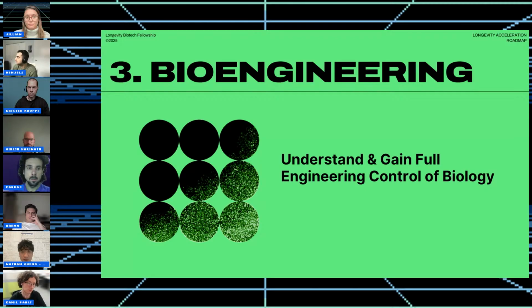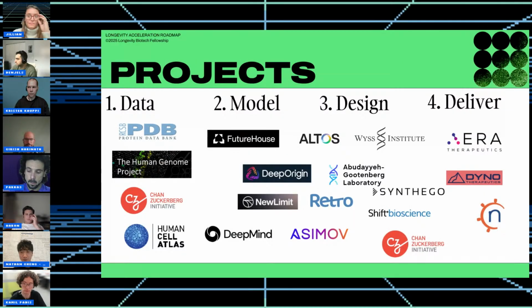Okay, so let's talk about bioengineering really quickly. It's the last path in our roadmap and definitely the hardest. As I said before, you have to basically gain full engineering control of biology and understand it. And the understanding could come from data modeling, all this interest in AI. I think that's going to play a major part in the story, and especially